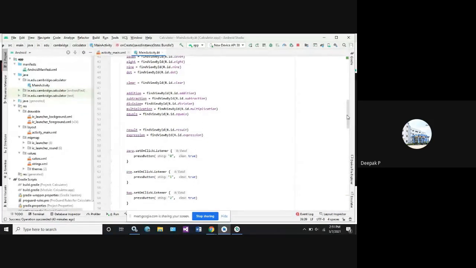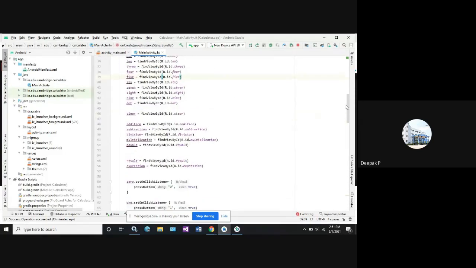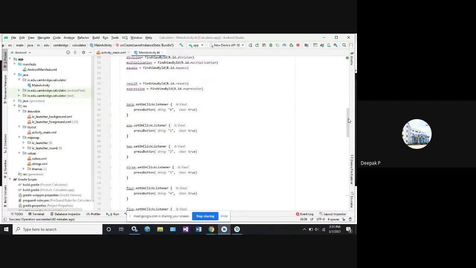Now, whenever you click on the resource ID 1, what happens? The user has clicked. At that time, we should write the functionality. The functionality is that I need to write the click function. For that, we need to load the values. So 0 is my value, and we write values dot set on click listener.